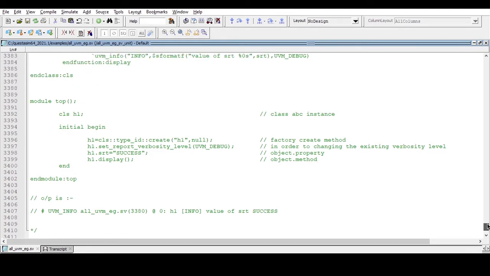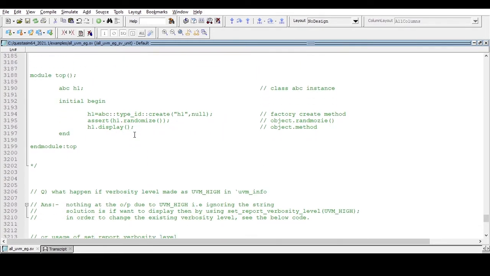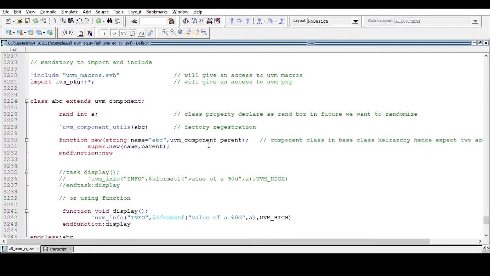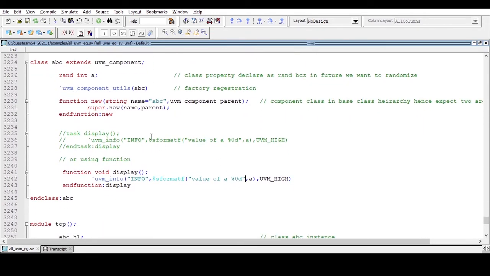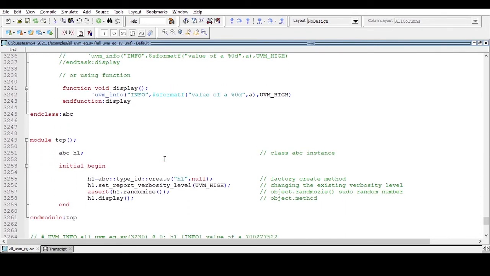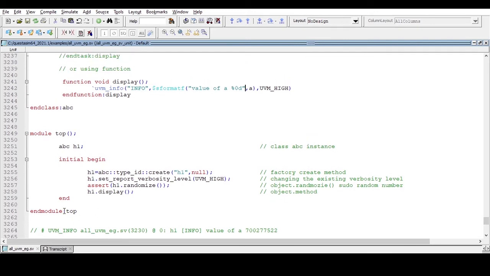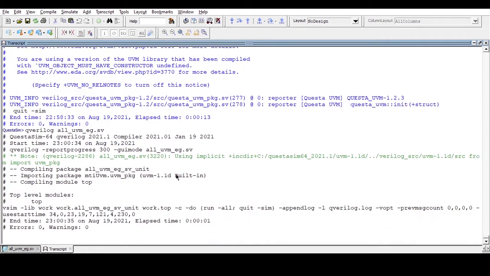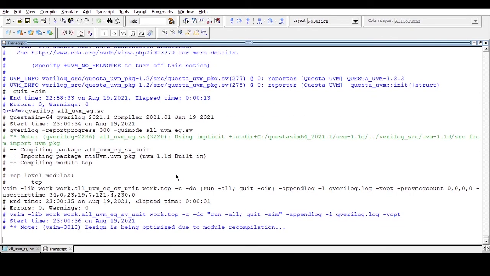So with the help of this set_report_verbosity_level, we can change the existing verbosity. Very important. Let us see what result we get. Now see, if we run this code, we expect that it will print a random value of a, because we are randomizing, so we expect a pseudo-random value. Same command, qverilog file name, and we get a random output.